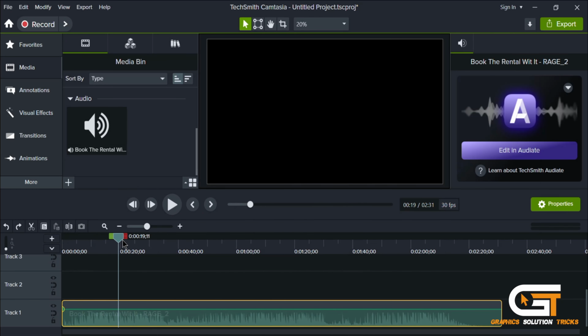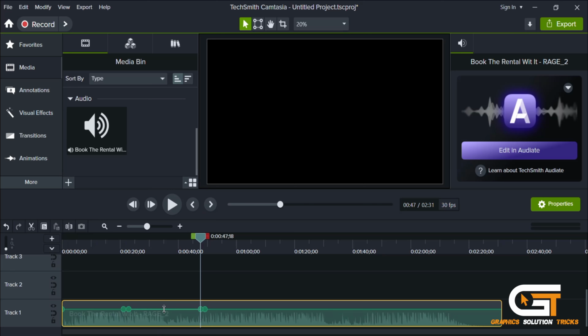Then if you want to silence a part of the audio file, double-click on it to add an audio pointer, and a few seconds forward again, add another audio pointer. Do the same steps to add the other two pointers here, and now it will be a part of this audio. So now if you hold the line into the audio pointer